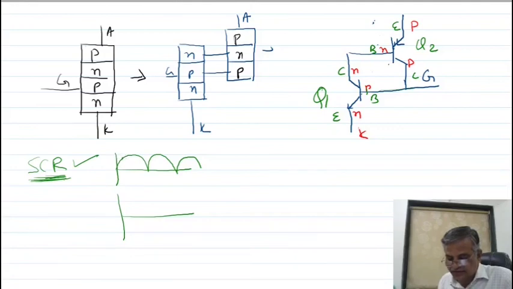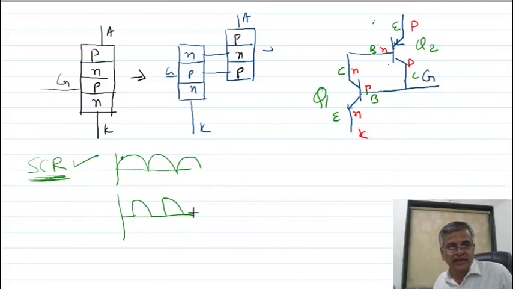Suppose you want the current to conduct from a certain point. Then you make the conduction start from that point. You can vary the conduction point, and so vary the current passing to the load. You can get such a kind of waveform, so you can vary the power dissipation in a load. That is called controlled rectification. So this is the topic of the SCR I had to explain to you.